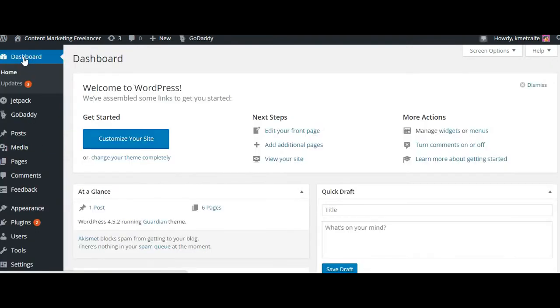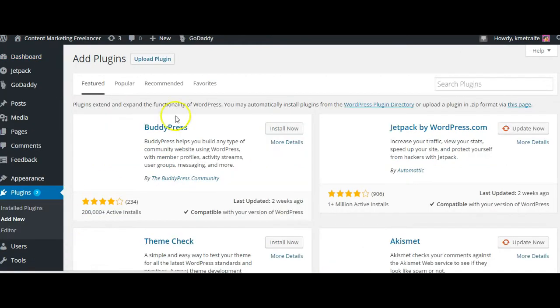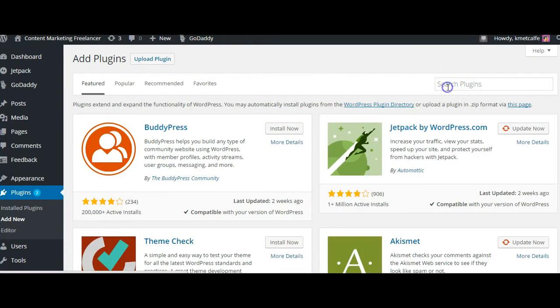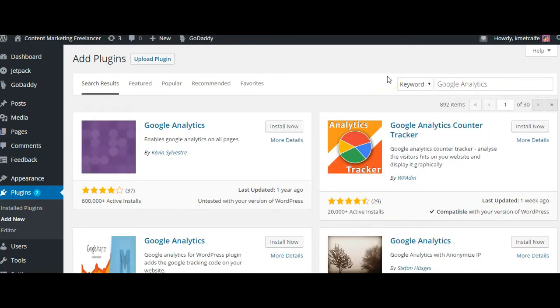and once we're back to our dashboard now, we want to add the Google Analytics plugin so that you can access the Google Analytics report straight from your dashboard or your admin area. So let's go here to plugins, and we're going to add new. Add the new plugin, and where it says search plugins over here, we're going to type in Google Analytics, enter,